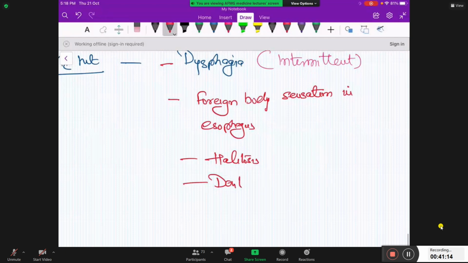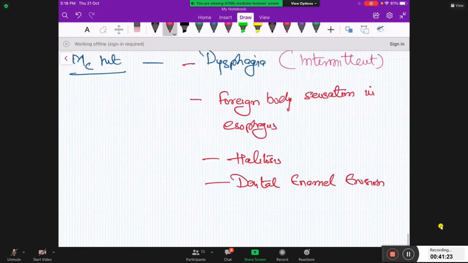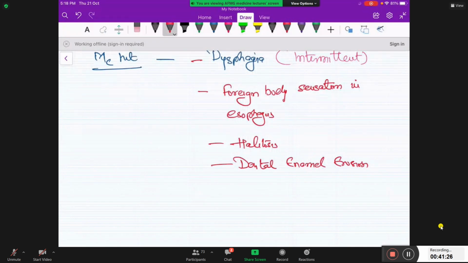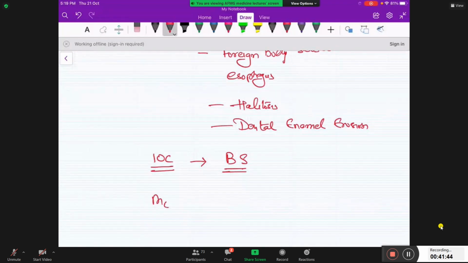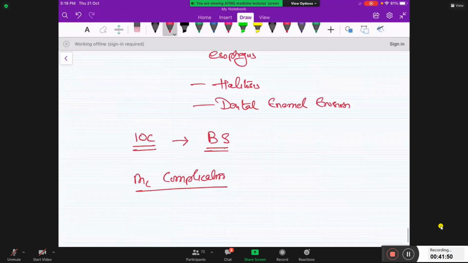So there will be dental enamel erosion also. So, what is the investigation of choice for Zenker's diverticulum? I told you. What is the investigation of choice? Barium swallow. Now, what is the most common complication of Zenker's diverticulum? The most common complication of Zenker's diverticulum is